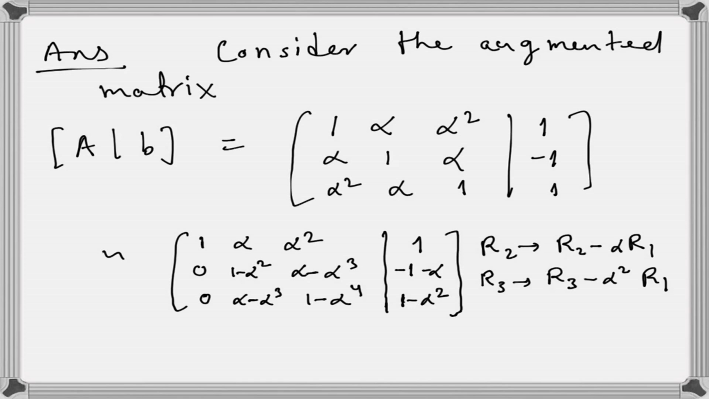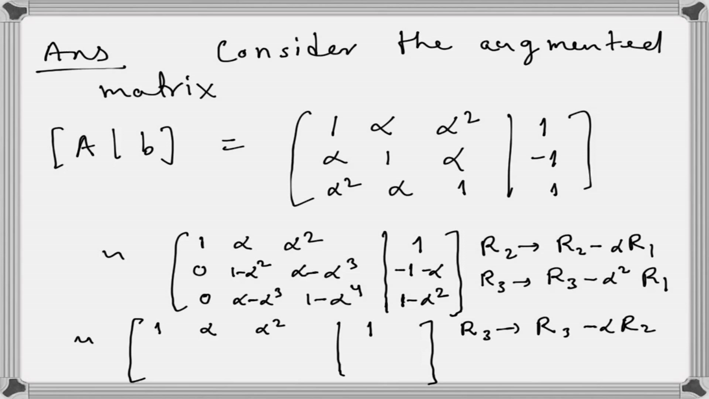Let's see what operation we should do. So here, I will replace R3 with R3 minus alpha times R2. Then the first row has no change, the second also has no change, and the third,